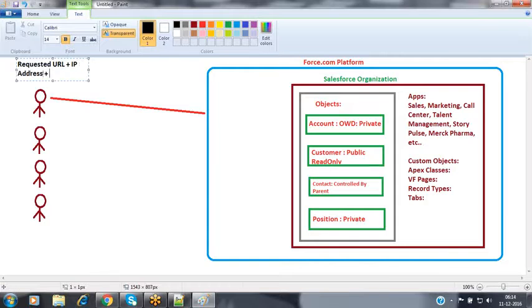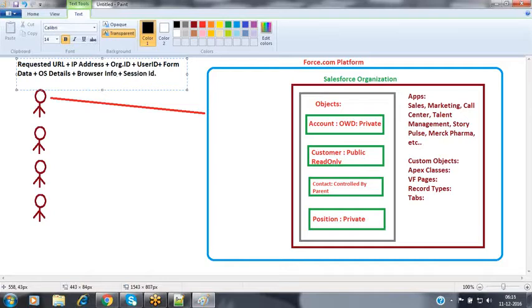and along with that, it sends your organization ID, your user ID, and the form data, along with the details about your operating system, your browser information, and your session ID.